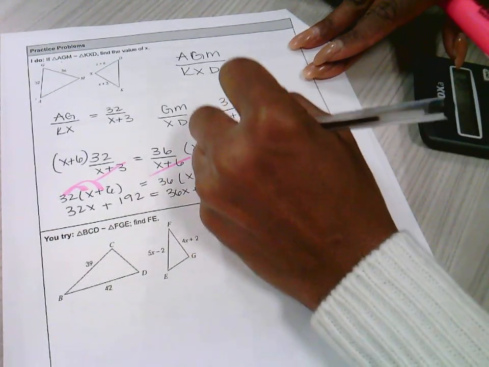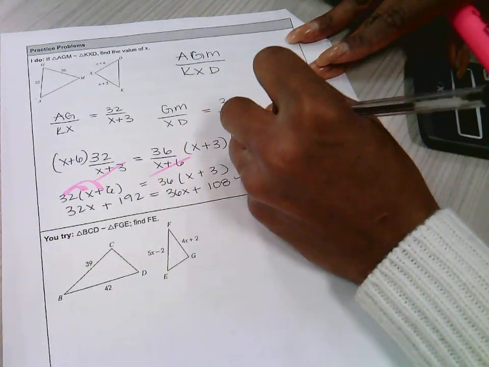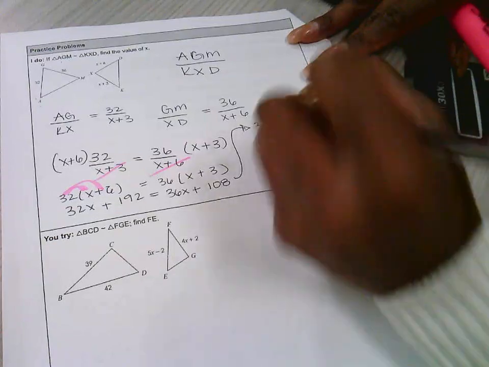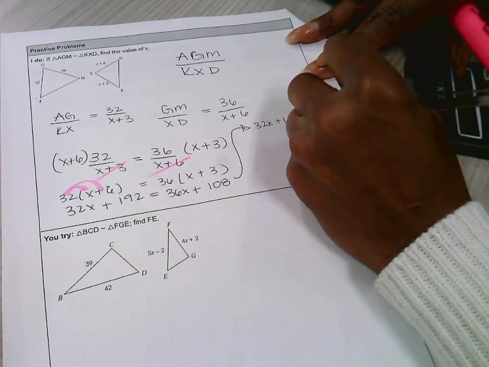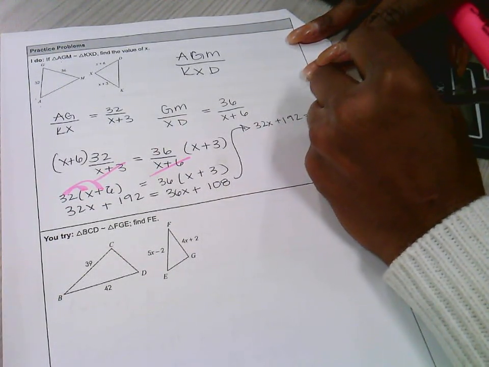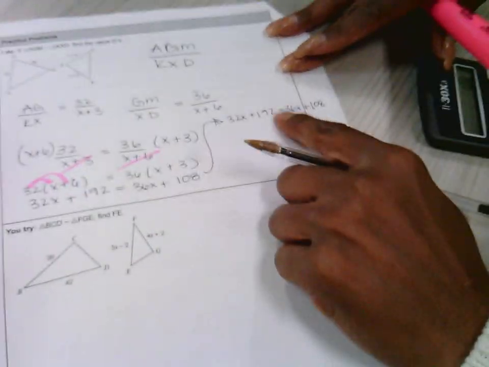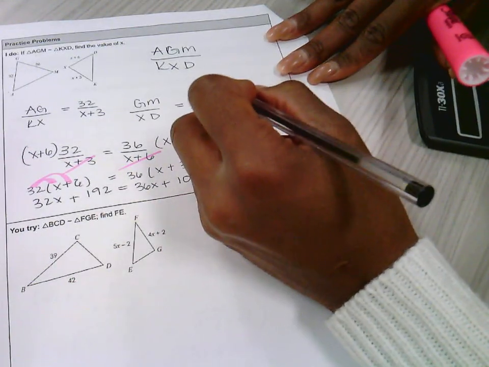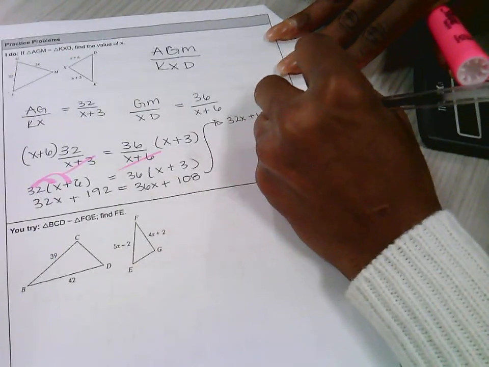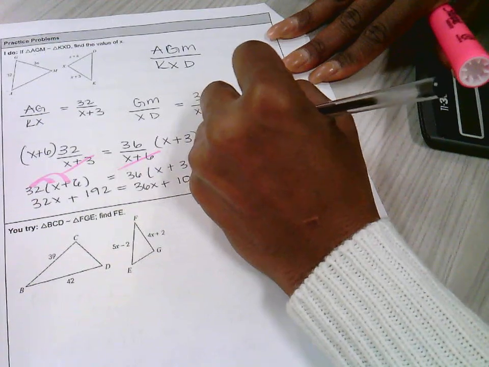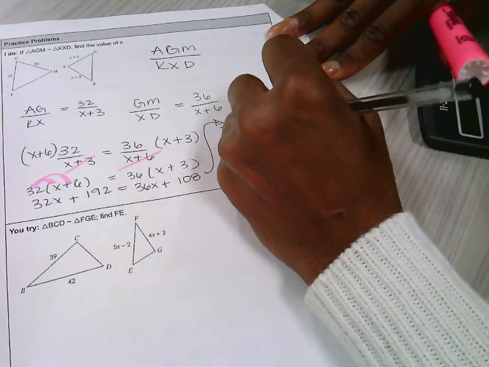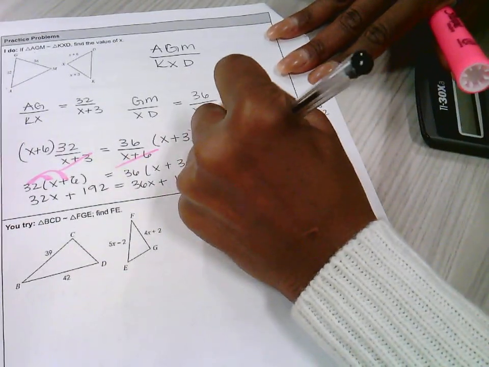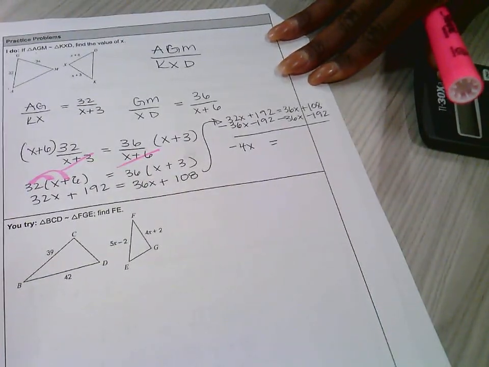I'm going to start the next one up here. So I've got 32x plus 192 is equal to 36x plus 108. I'm going to get all the numbers over here, all the letters over here. So it doesn't matter. Minus 36x, minus 36x, minus 192, minus 192. I'm left with negative 4x is equal to